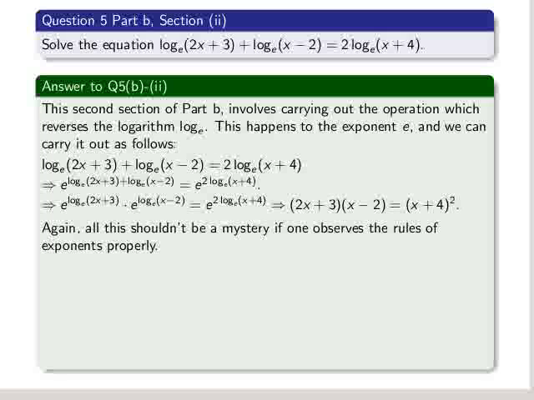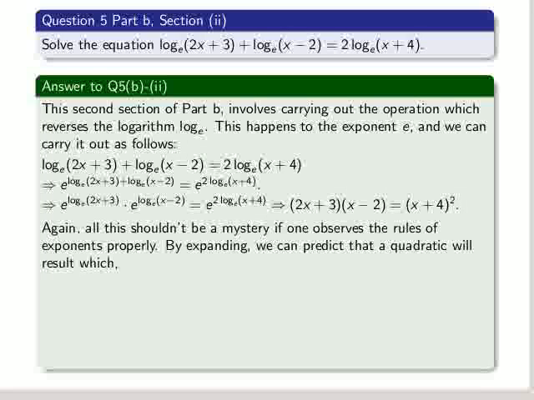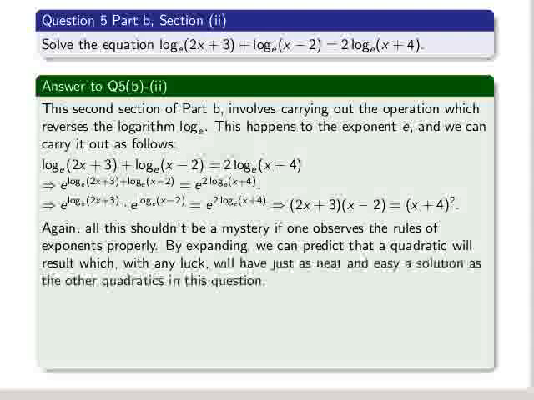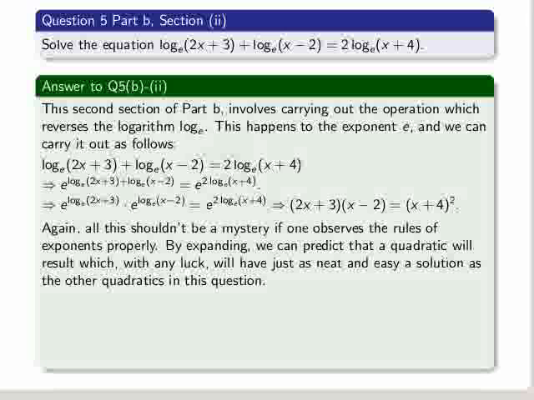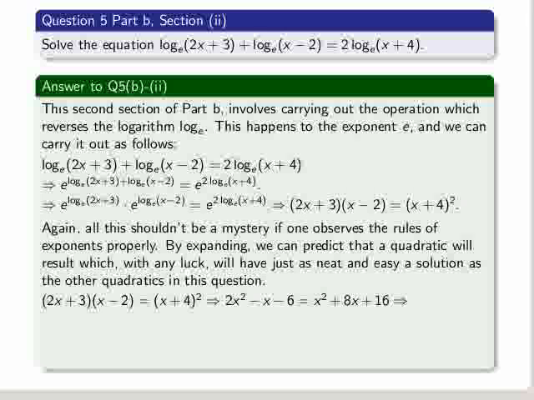Again, it shouldn't be a mystery what we've just done if one observes the rules of exponents properly. By expanding, we can predict that a quadratic will result, which, with any luck, will have just as easy and neat a solution as the other quadratics seen previously in this question. Okay, so it's a matter of merely manipulating both sides and getting the quadratic, which is x squared minus 9x